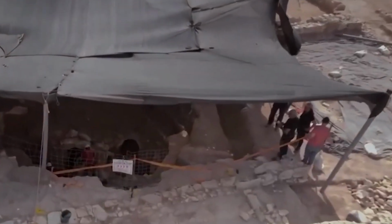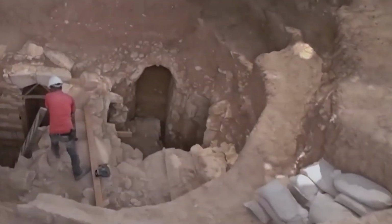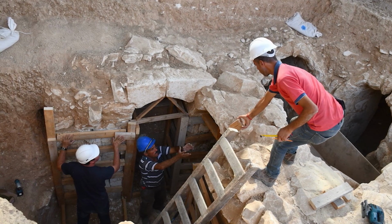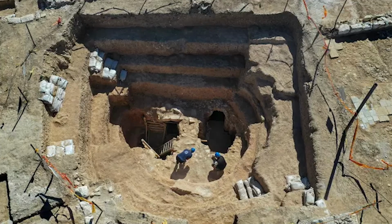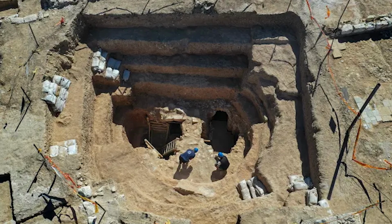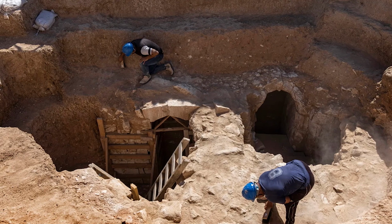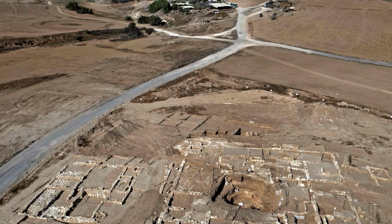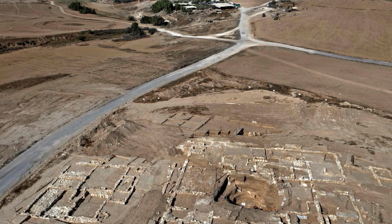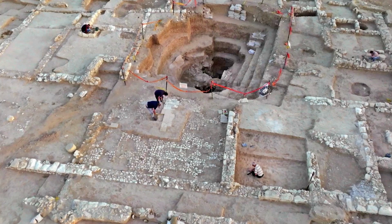The Rahat mansion likely belonged to a wealthy official or landowner connected to early Islamic administration. Based on its size and opulence, researchers believe the mansion belonged to a wealthy landowner or a local official, someone who oversaw agriculture or trade in the area. Its proximity to 2 of the world's oldest known rural mosques suggests that this estate was at the heart of an important community. It likely functioned not just as a home, but also as a hub for hospitality, administration, and even religious activity. In many ways, this mansion was both a private residence and a symbol of power in early